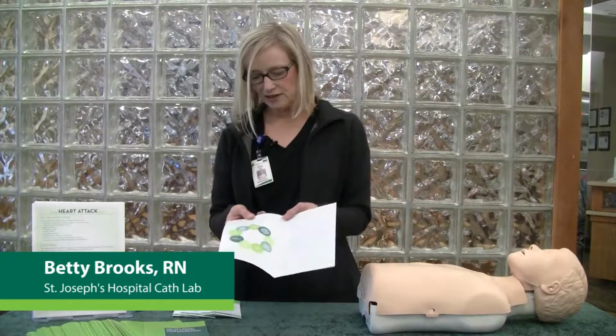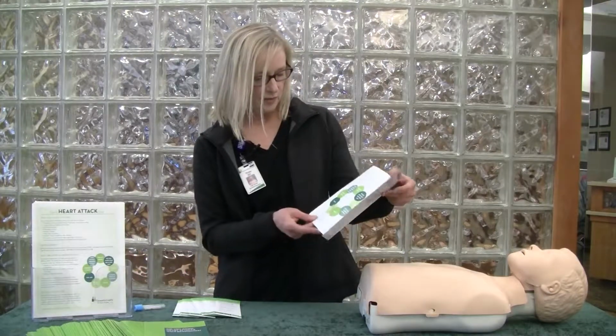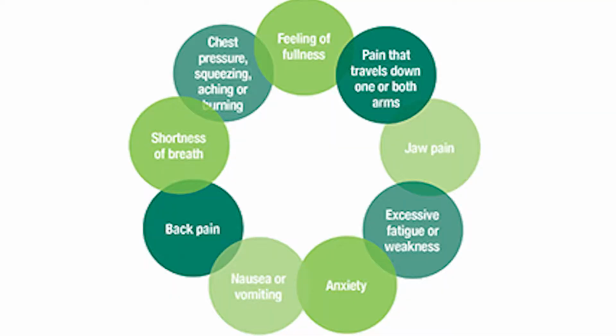We're here to share some information about heart care today. So we want to teach you the signs and symptoms of a heart attack. The brochure includes all the signs and symptoms of a heart attack. Sometimes you'll have crushing chest pain. That's a typical symptom that everybody knows, but what we really want you to know and understand is that people